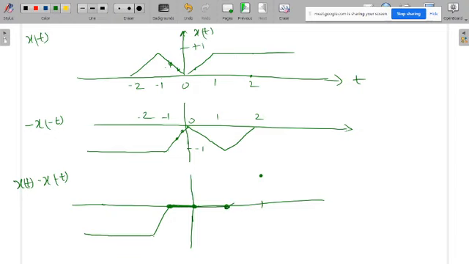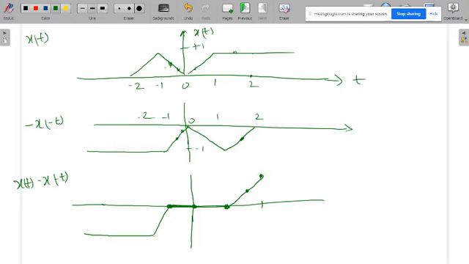That means it would have gone like this, because this has slope 0, but this has slope of plus 1. So you will have a line with the slope of plus 1. The line would be like this. Otherwise, if you have confusion, say in the midway your value will be minus 0.5, but here the value is plus 1. 1 minus 0.5 is 0.5, so you will have 0.5.